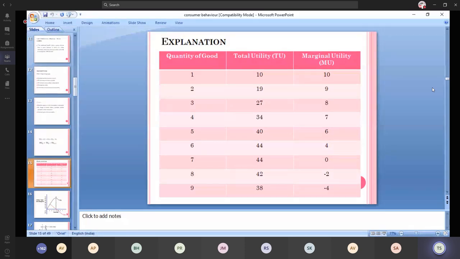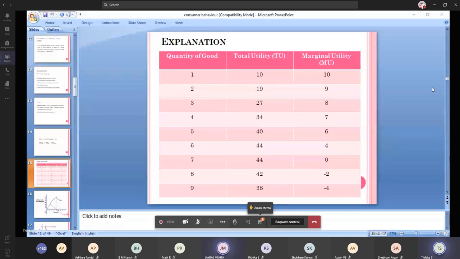You have to join these 2 points, the maximum of the total utility and the point 0 of marginal utility. And when the marginal utility reaches 0, if there is continuous consumption, the marginal utility turns negative. Is it clear, guys? Did you draw? Did anybody draw the graph which shows the marginal and the total utility? Yeah, Jairaj.